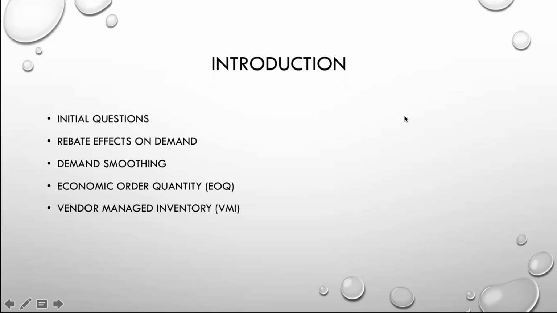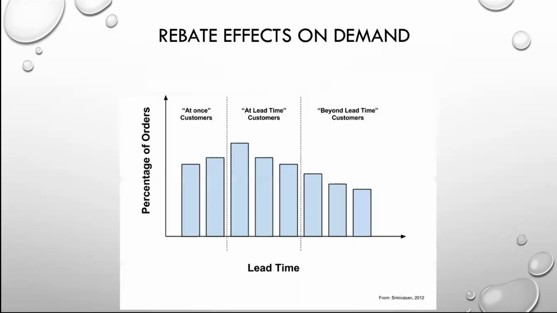So without further ado, I'll go ahead and start with the first slide. Rebate effects on demand. We discussed in class how rebates worked and the ethicality of rebates. For instance, is it ethical to use rebates? There were some good arguments. Some people said that rebates exploit consumer behavior, which is a good point, because it encourages you to buy something with the potential of not being able to get the reward in the form of the rebate. Now, to be fair, rebates have gotten better over the years.